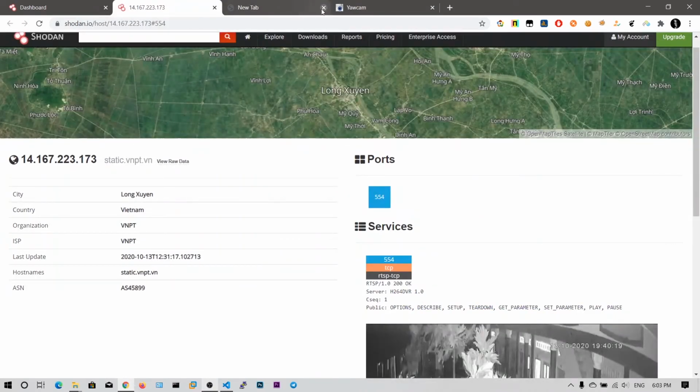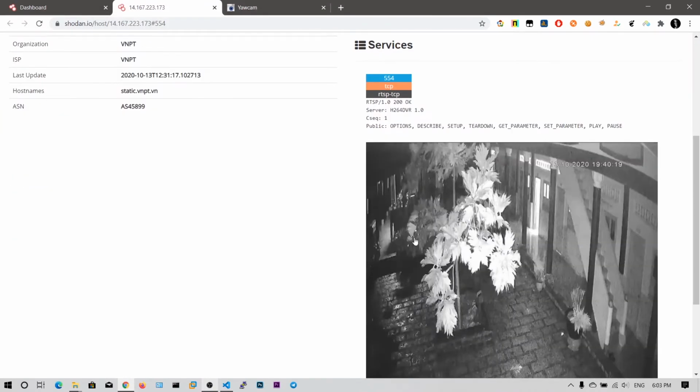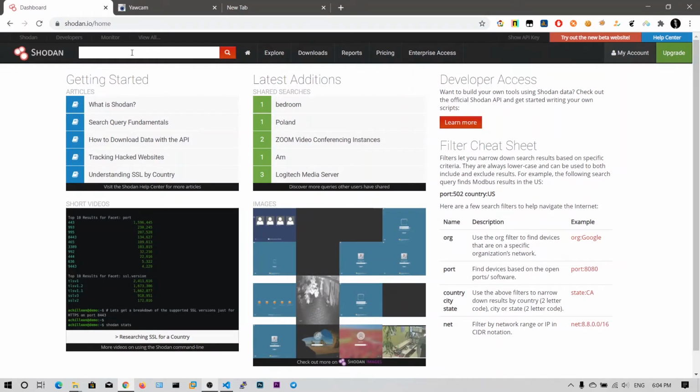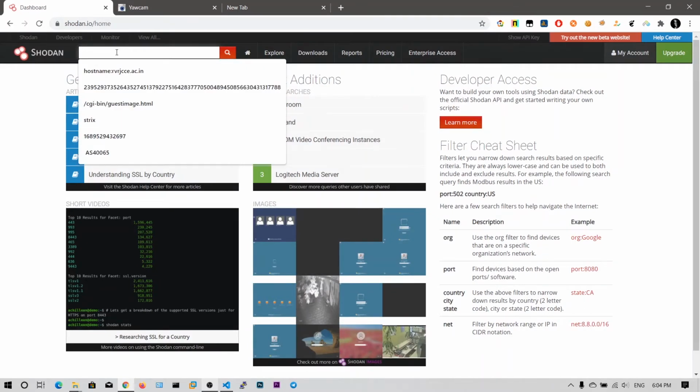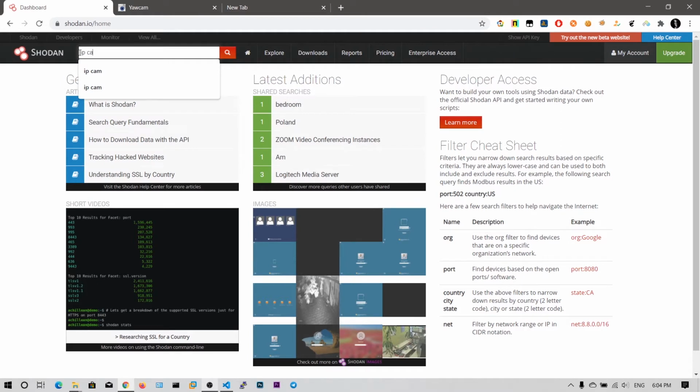It's downloading the image file or the recorded file. What you can do is, here you can type whatever you want. Let's say IP cam.